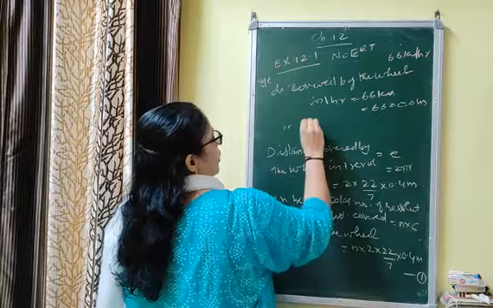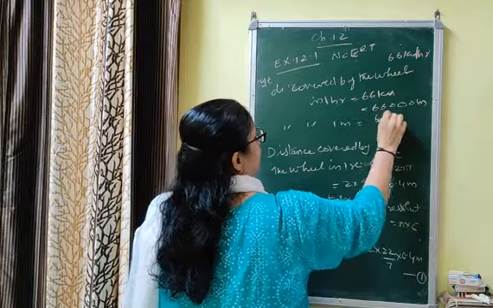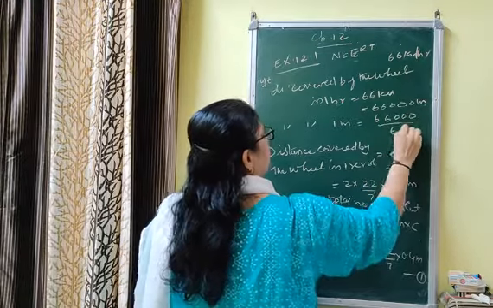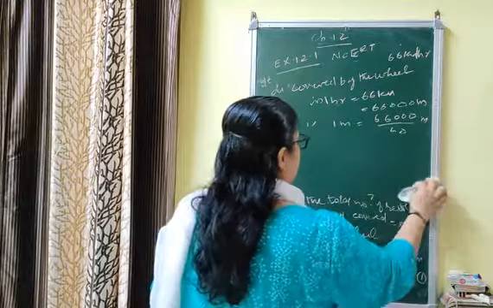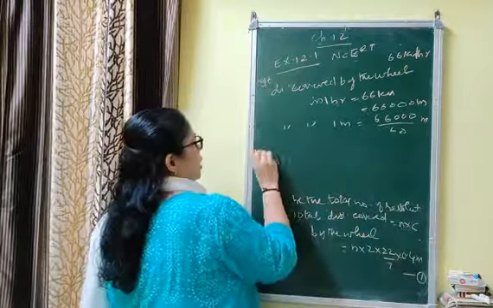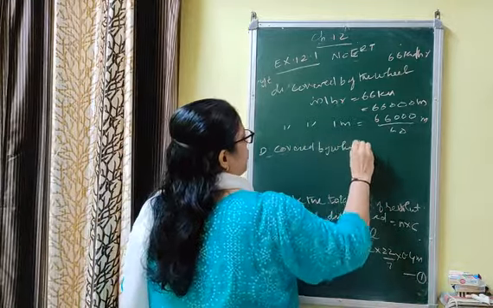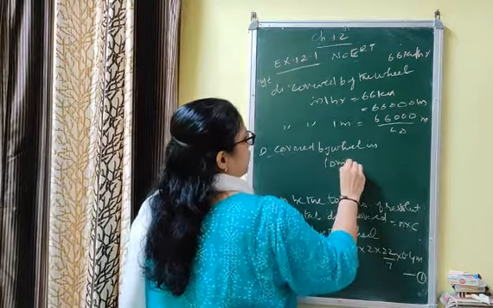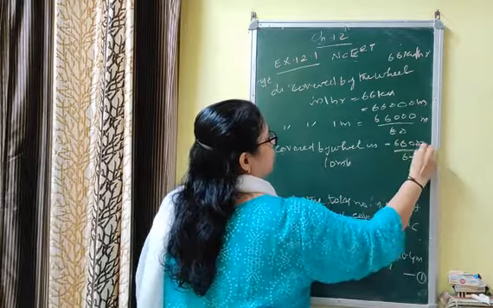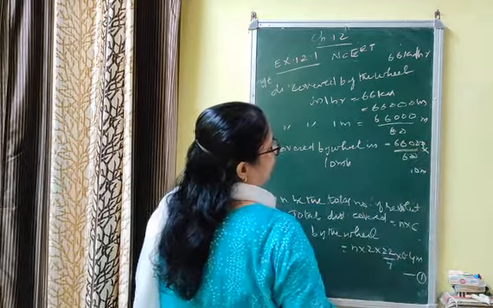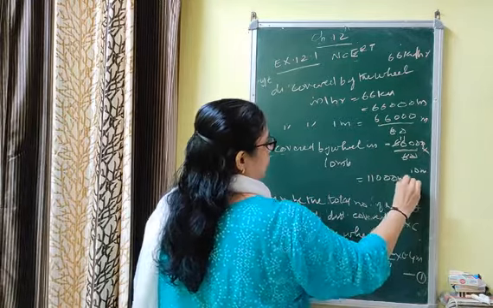Now the distance by the wheel in 1 minute: to go from 1 hour to 1 minute, divide by 60. Now you are asked to find the distance covered by the wheel in 10 minutes. That is 66,000 upon 60 into 10 minutes. This cancels. That is, this is 11, that is 11,000 meter. This is 2.